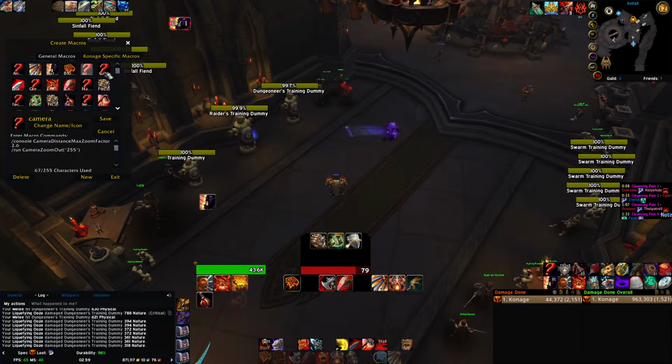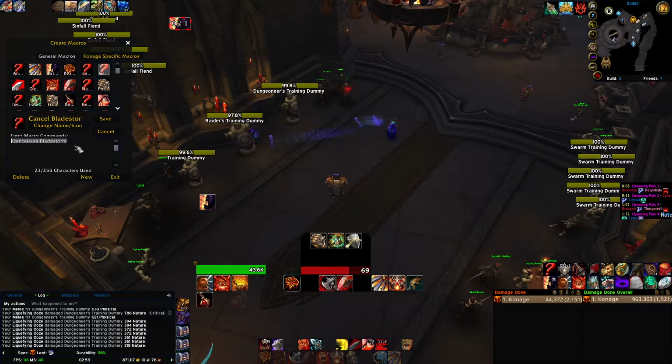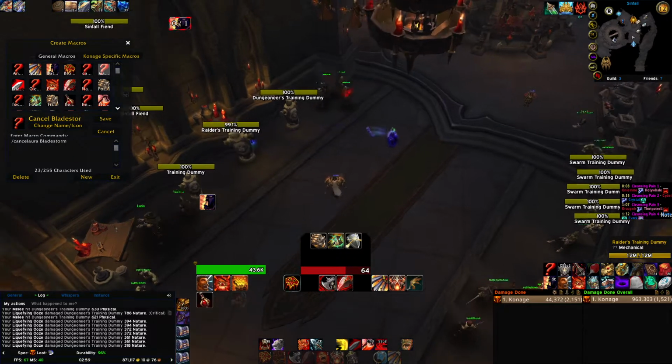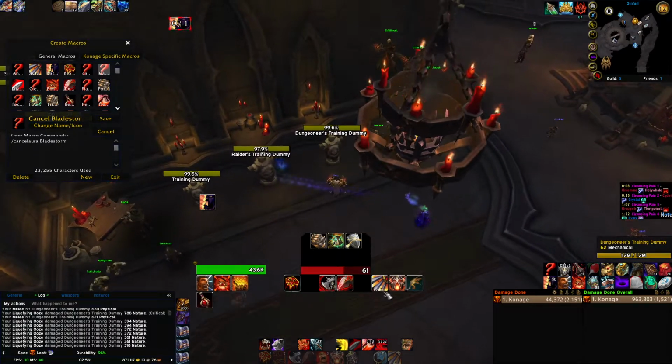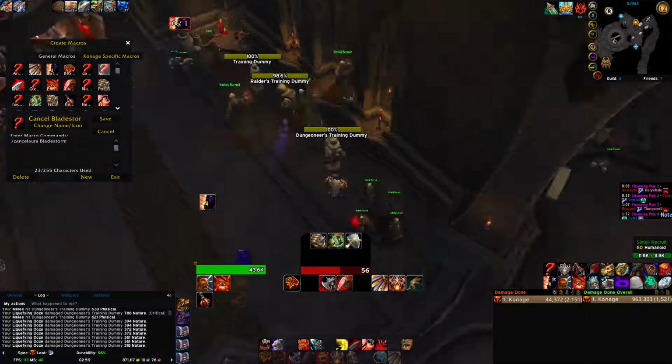Let's see, anything more useful. You guys can use this if you don't have a macro to cancel Bladestorm. This is quite important. Sometimes you want to cancel. By the way, typically, if you're on single target with the current meta and you get a Bladestorm,